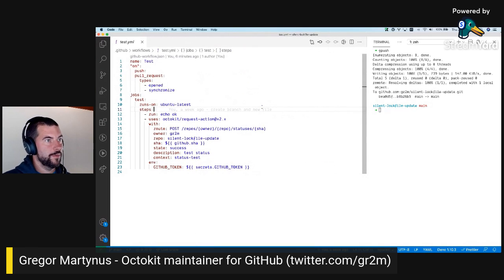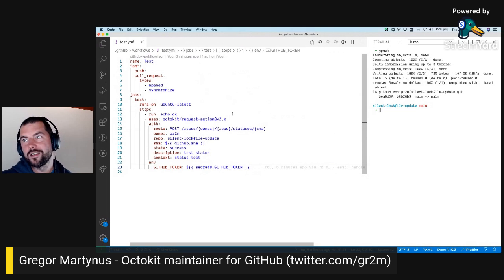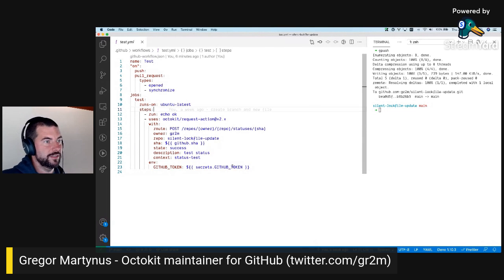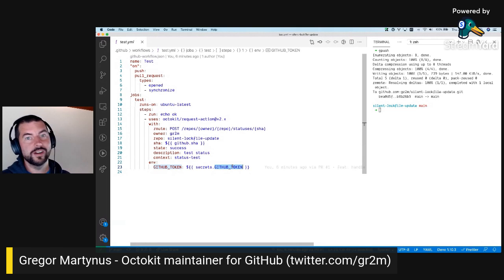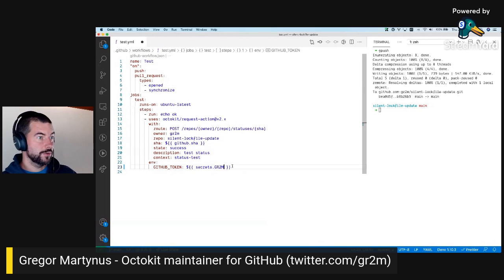So basically the test, the check run created by the GitHub action doesn't trigger any other events. So I can use,